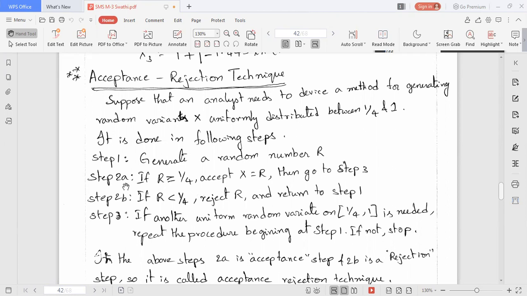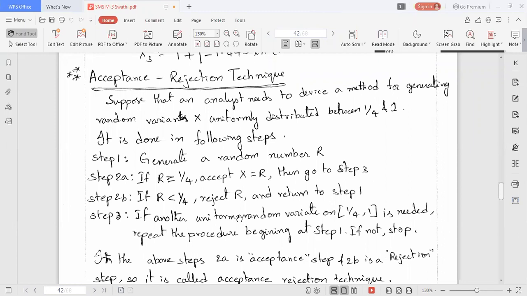So step 2A is called the acceptance step, where we accept the generated random number as the random variate. And step 2B is the rejection step, where we reject the random number if the generated random number is less than 1/4. We reject it, so that step is called the rejection step.